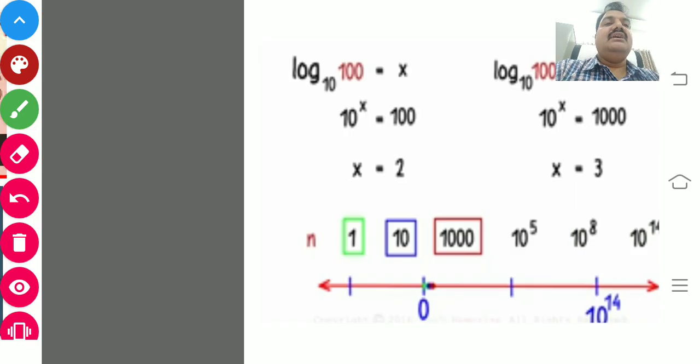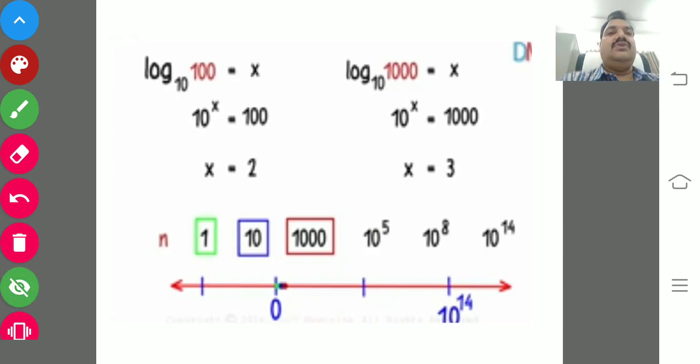Here is one real life example where the logarithm is used. You just think about it, it's a very good example, children. First of all you should know how to find the common logarithm. In common logarithms, all the questions are based on the numbers noted in red: 10 power 0, 10 power 1, 10 square, 10 cube, like that only, because we are using them to solve common logarithms.